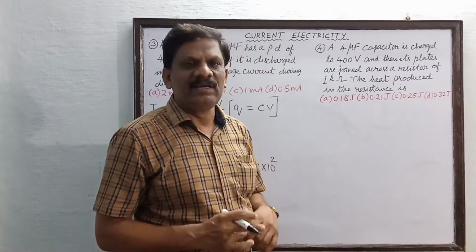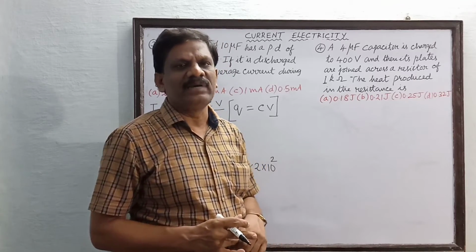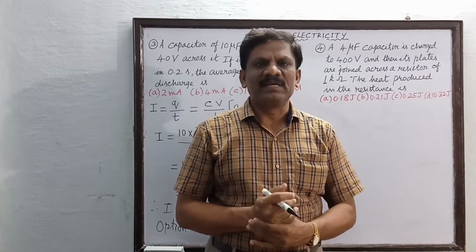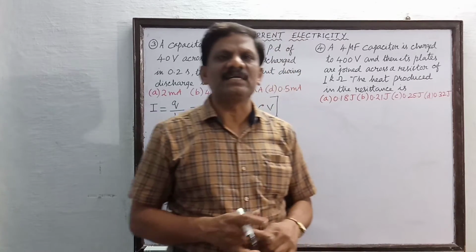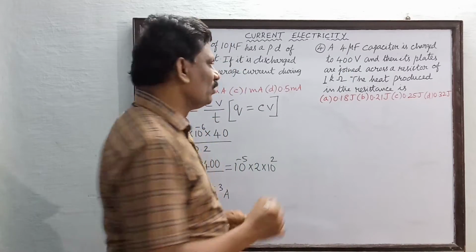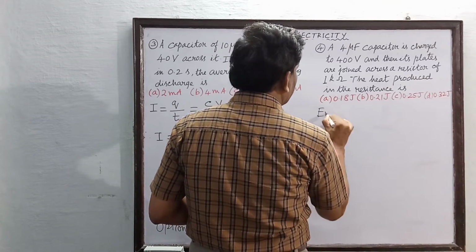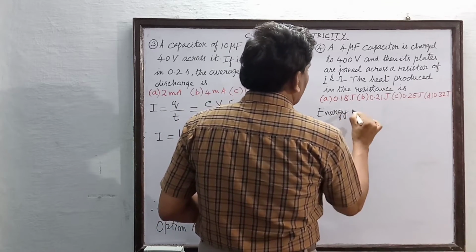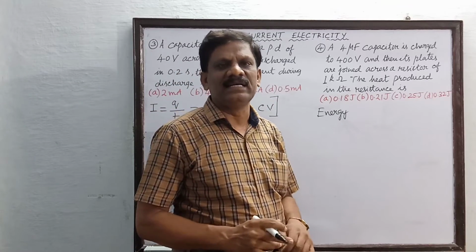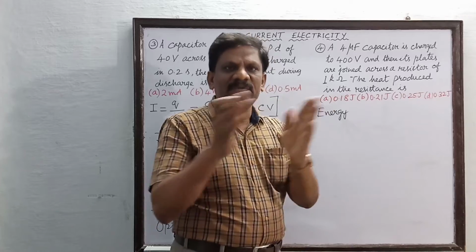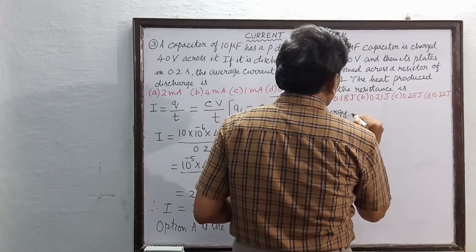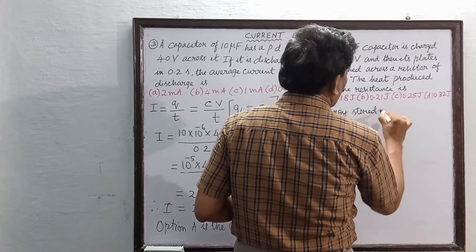Now first of all, when you charge a capacitor by connecting the capacitor to the battery, energy is stored, because a capacitor is a device which is also used to store energy. So the energy stored in the capacitor first has to be found. So I will start with the energy stored in the capacitor. In what form the energy is stored in the capacitor, we have already studied in electrostatics, is it not? Energy is stored in between the plates of the capacitor in the form of what? Electric field. First we have to find out this energy.